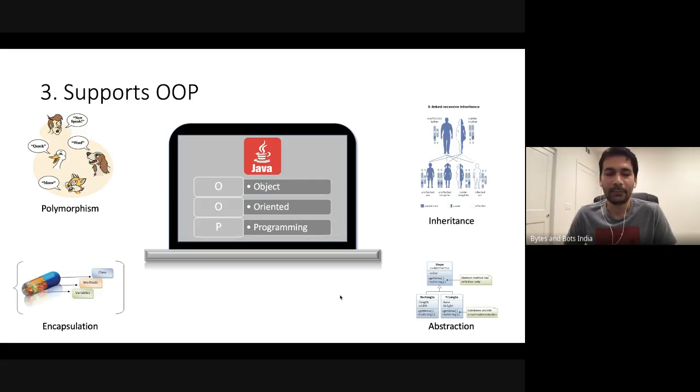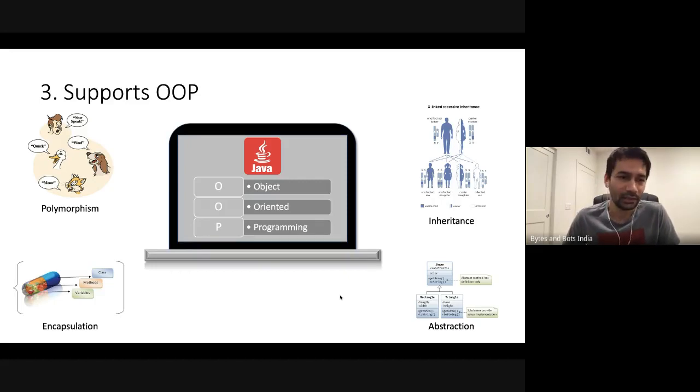Isn't it that simple to drive a car? So encapsulation is to hide details from the user and just provide them very simple ways to control the object. That is something we practice every day, so Java supports that.